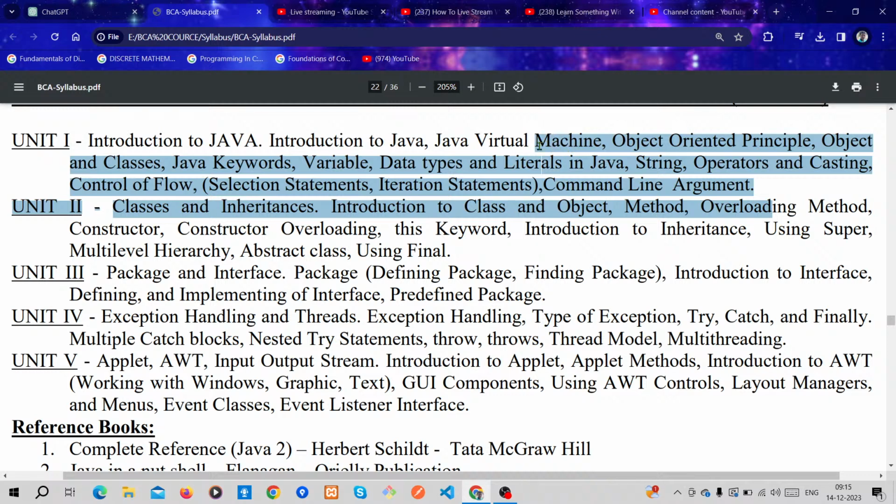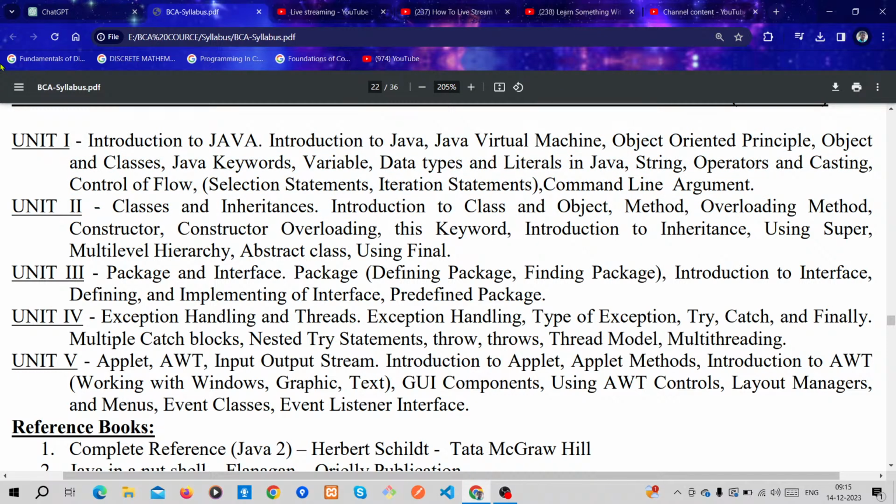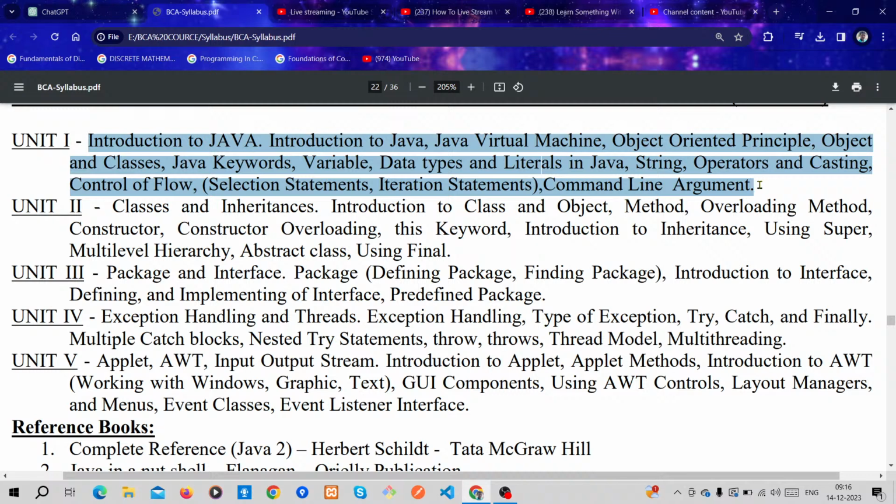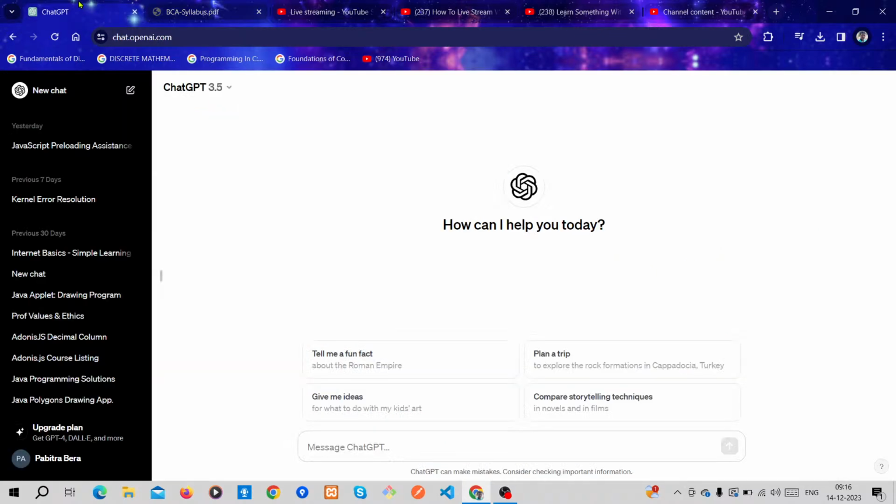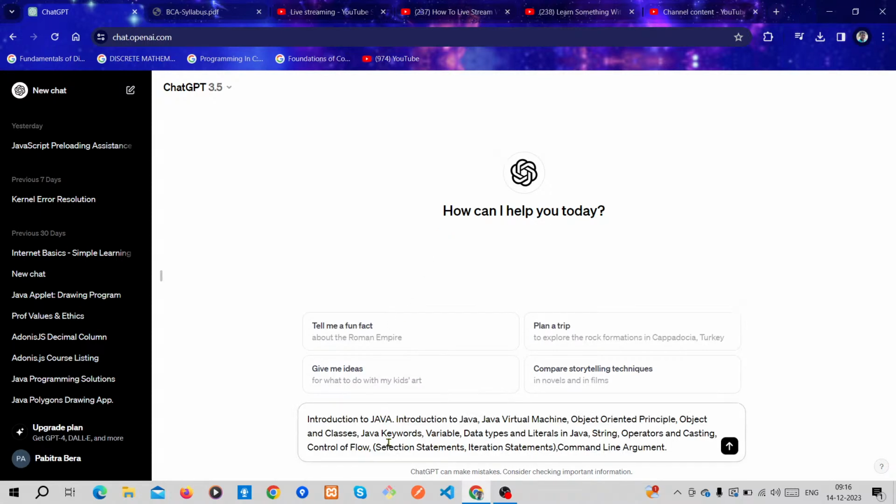It's not copied properly. Let's copy it with Control C, and then come to ChatGPT. It is a chatbot and I am signing in to this chatbot. Here I will give the content.